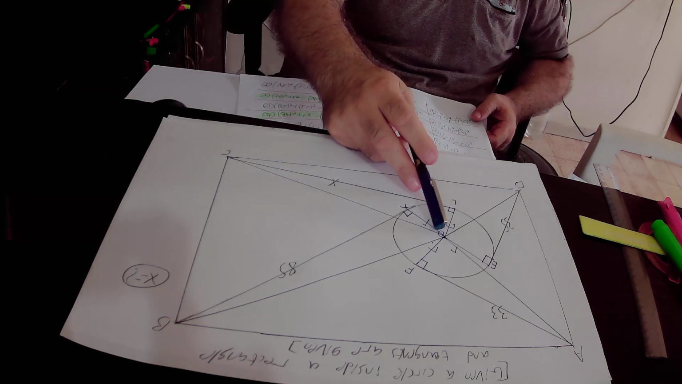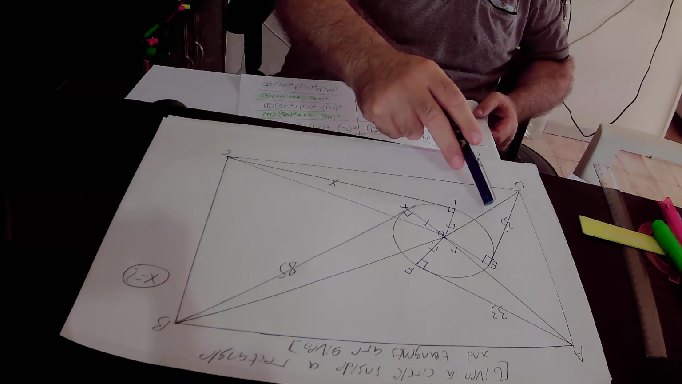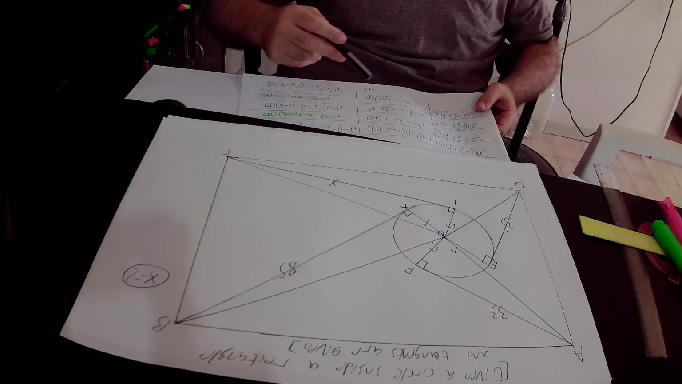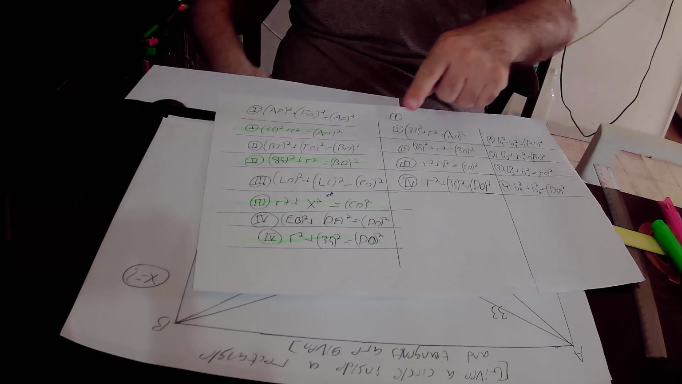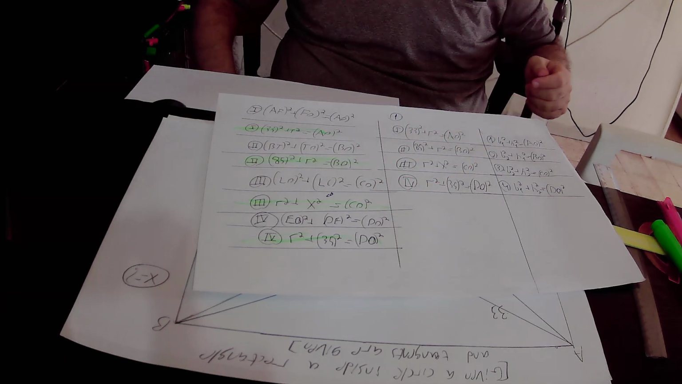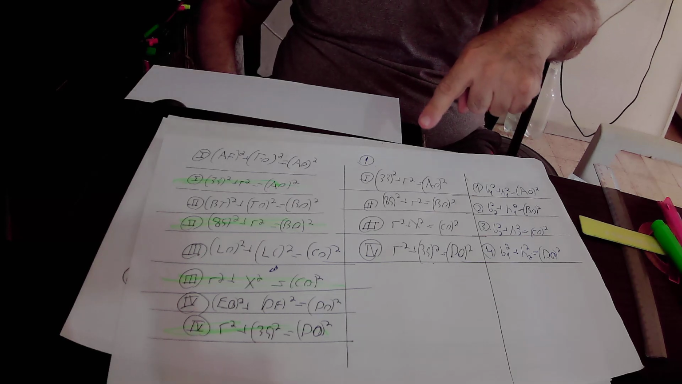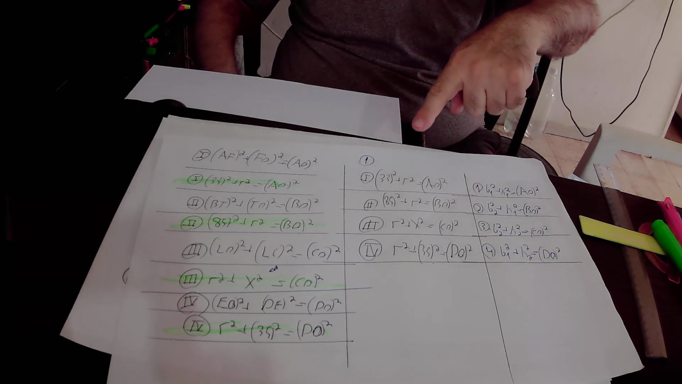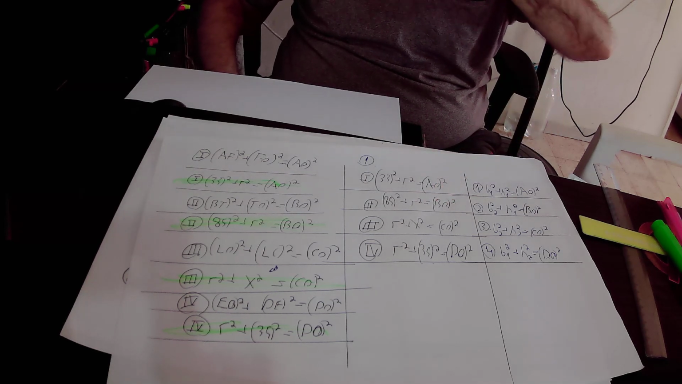EO equals R, therefore EO square is R square, plus ED square. ED equals 35, therefore ED square is 35 square. So in conclusion, we found out that R square plus 35 square equals DO square. So I created here 4 equations. So I copied the 4 equations that we created in this column,